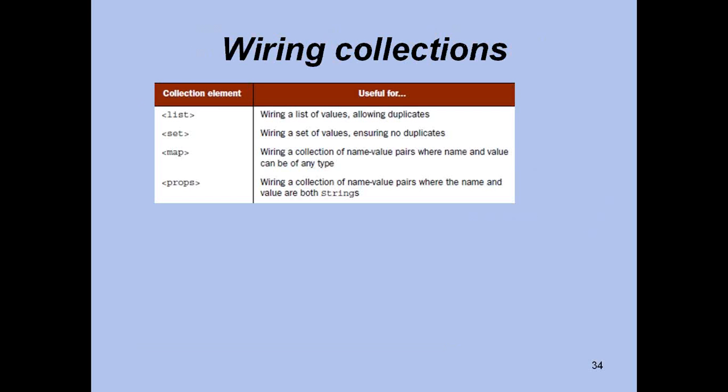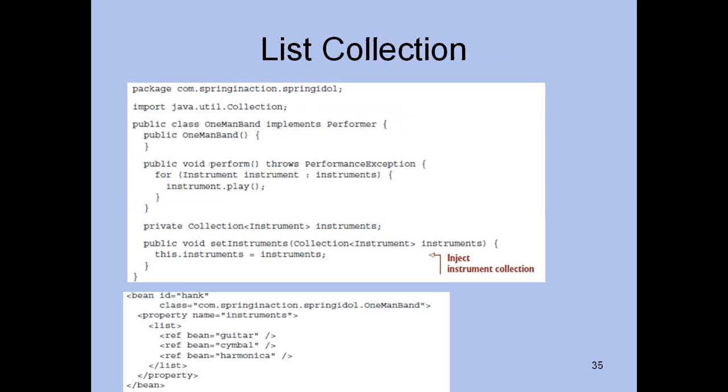And we talked about collections: if there are list, set, map, props elements, how to set the values. Till now we have seen how to inject other beans and how to set the values. But when it comes to collection, suppose there is a list object in the class and you want to set those values from the bean. You have to use the list tag and ref elements if the list collection is another set of beans. Otherwise, you can use a list of properties.